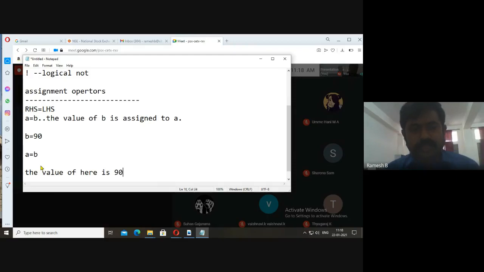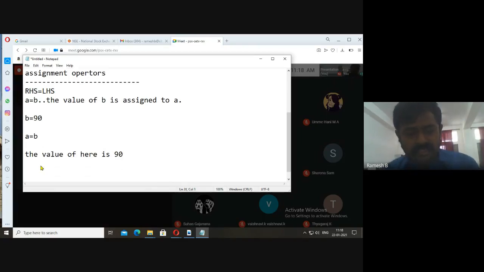You can imagine A and B are two small containers, or two small vessels. In B, I am taking 90. From B, I am passing that to A. You can imagine it in such a way.